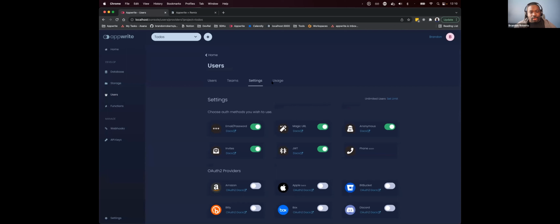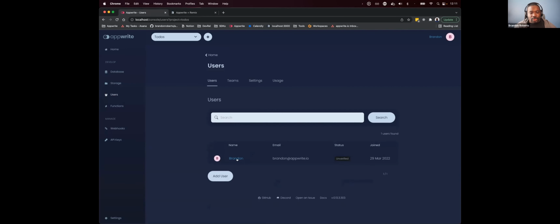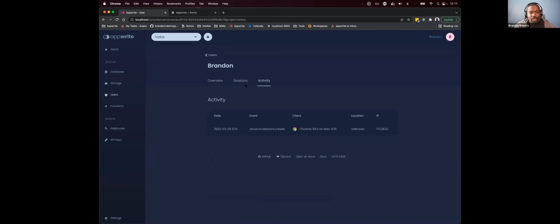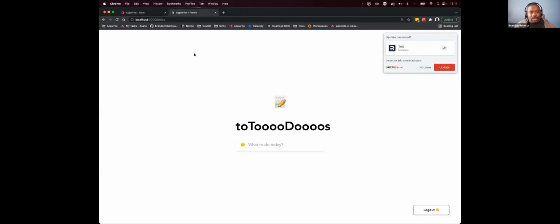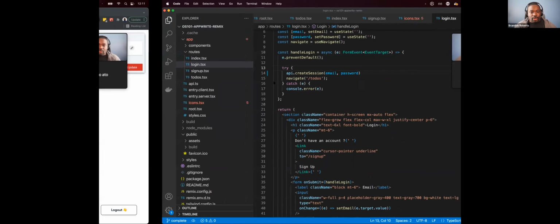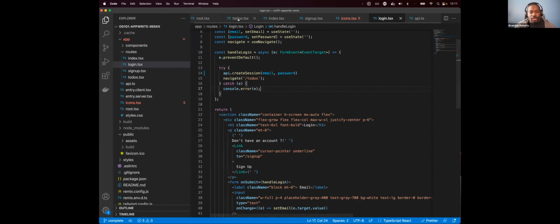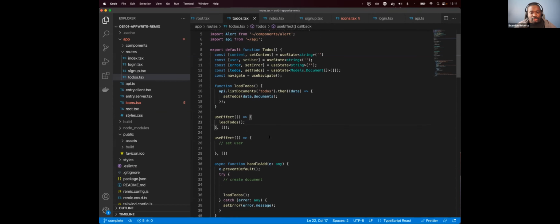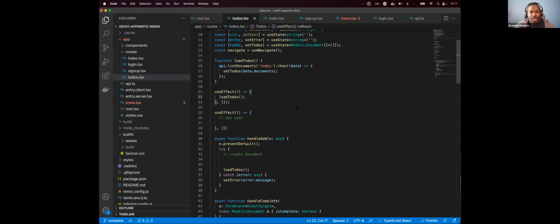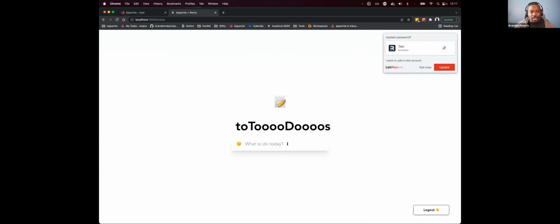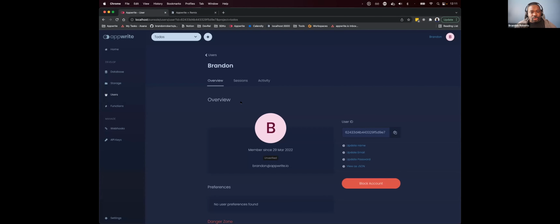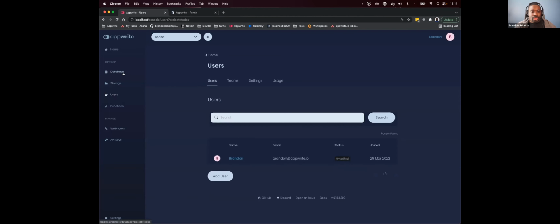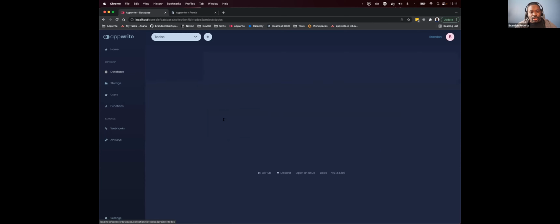And you can also see the activity of users that are logged in. So you can see I've logged in here. But next we want to actually add a to-do for our list of to-dos in the app itself. So I am fetching the to-dos here, and I want to load those on the page load. So what we need to do is we can actually go into the database and add a to-do here from the web. And like I said, you can also use the documents or use the API to do that also.